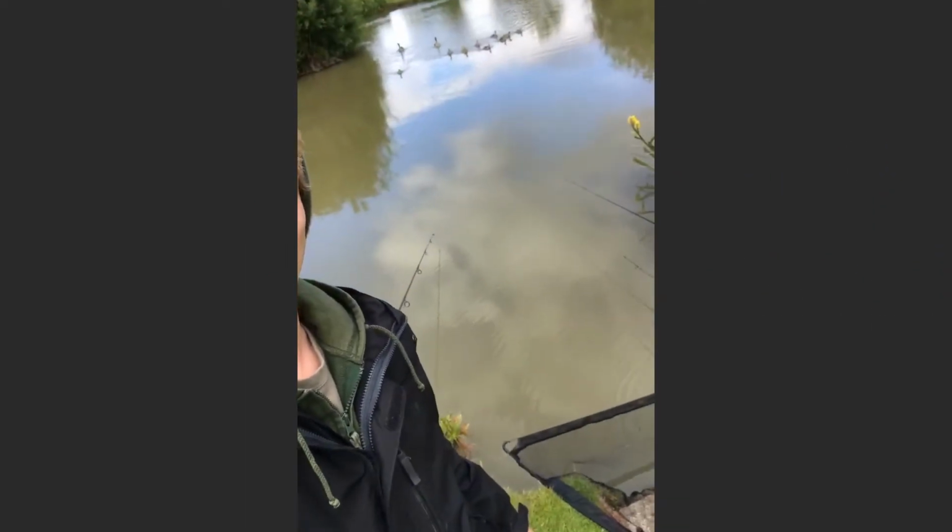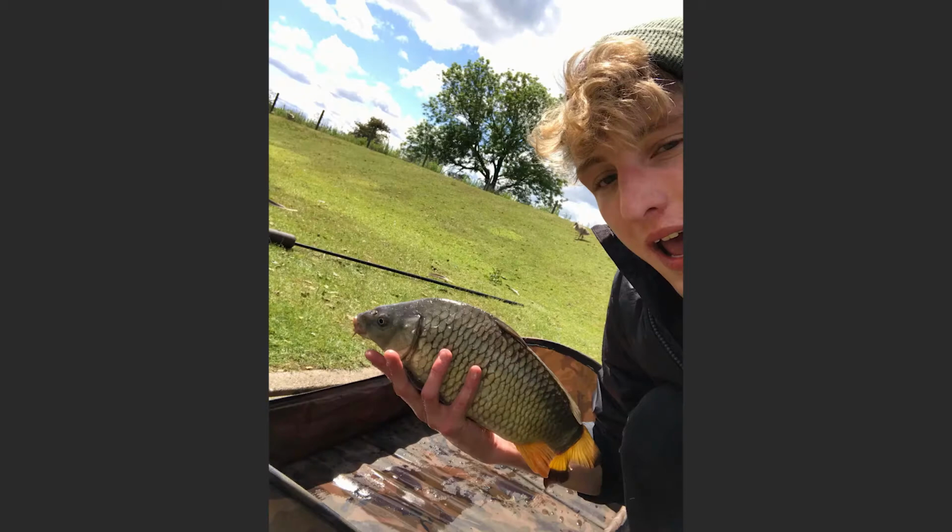Hey, we've got one in the net. Right, so we've just had a bit of chaos. Not having anything for a few hours, both rods have just ripped off. I couldn't keep a rod in the water, and if you can see, the camera will pick it up, we have